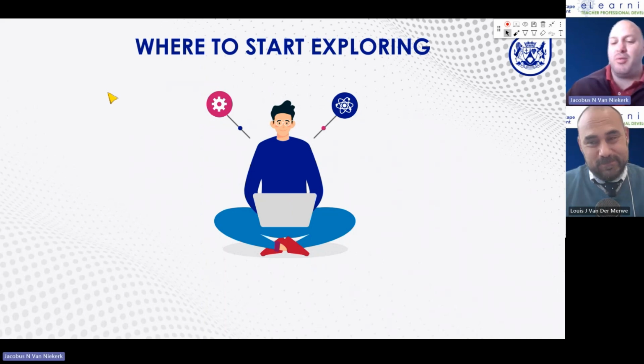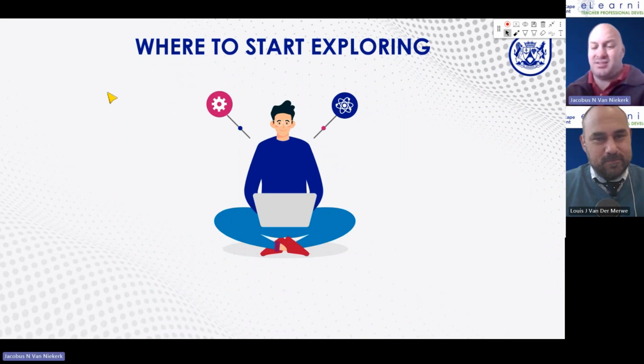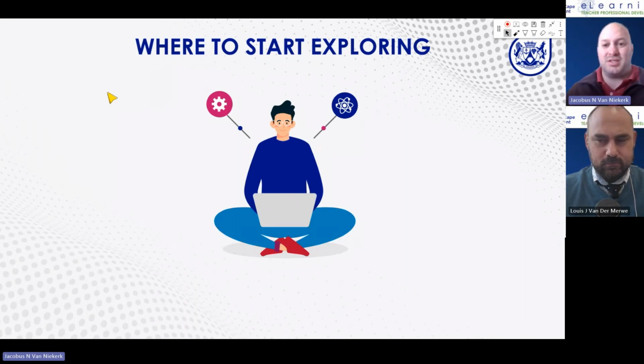Where are we going to start exploring? Yes, you can start things on cell phones. I don't think there's anything wrong with starting by playing around with cell phones. Kids can do crazy things on cell phones. I don't understand how you can use a screen that big to write a 400-word, 500-word essay, but lots of my learners did that, and they wrote unbelievably good essays. Doesn't make sense to me because I didn't grow up in that way, but our kids are growing up like that. They're understanding how it works.